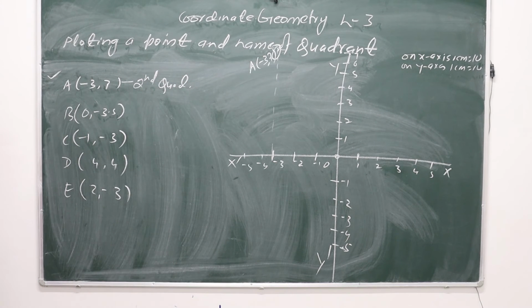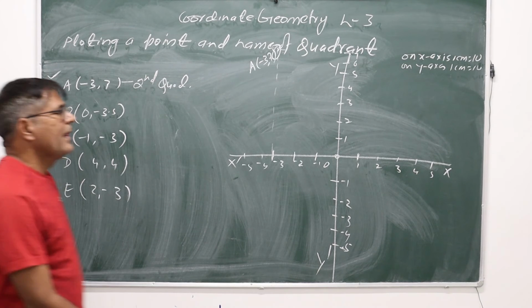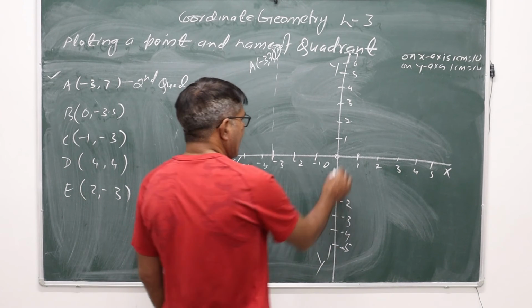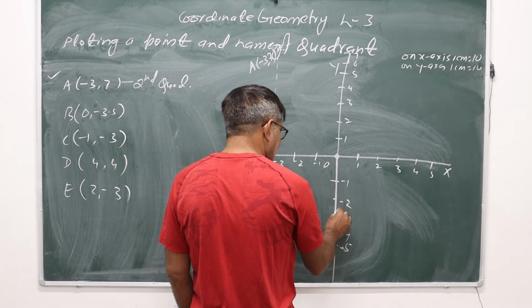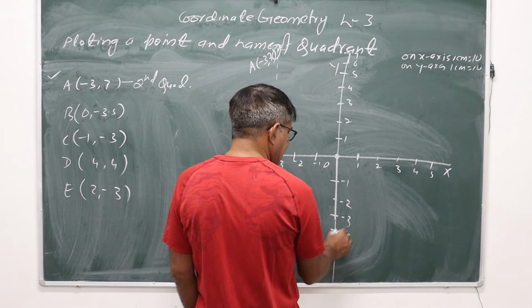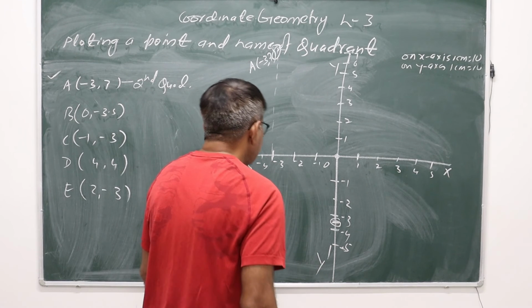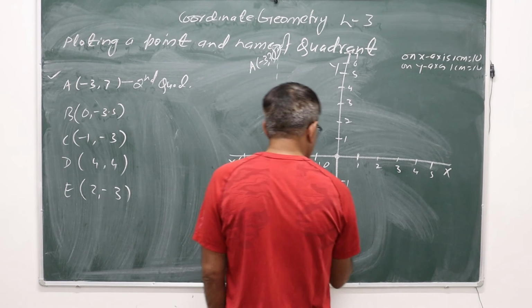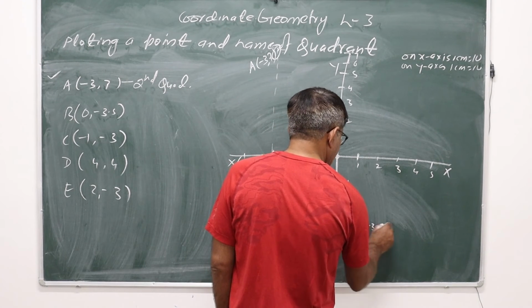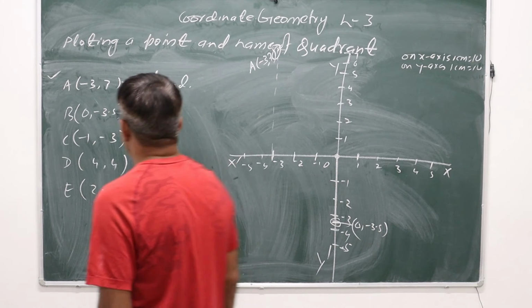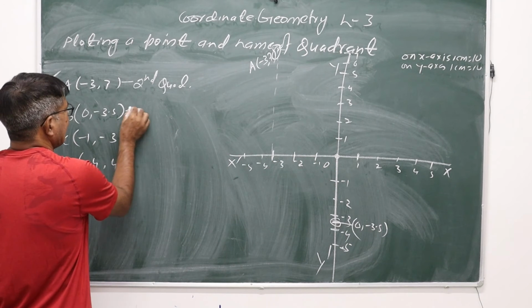Now second point is (0, -3.5). (0, -3.5) का मतलब अगर x कोऑर्डिनेट 0 है इसका मतलब ये y एक्सिस पे होगी और ऑर्डिनेट अगर नेगेटिव है तो नेगेटिव y एक्सिस पे. तो देखो x 0 इसका मतलब है तो y एक्सिस पे, लेकिन -3.5 का मतलब -3 और -4 के बीच में ये -3.5. So this point is your (0, -3.5), which lies on negative y axis.